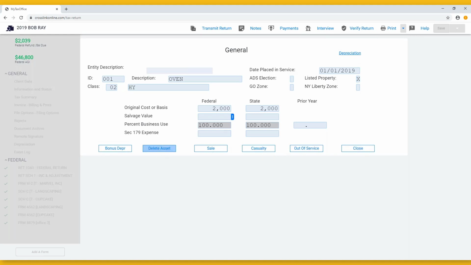We have bonus depreciation, delete asset. So if you accidentally add an asset to the wrong schedule, you can actually reassign it, which I'll show in a few minutes, but you can delete the asset if you don't need it at all. Don't hit the close button because it's still going to add it to your table. You want to hit delete asset. Sale, casualty, and out of service. So those are your different buttons if you needed to add more to this asset,